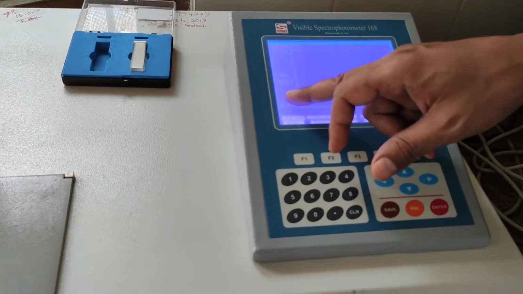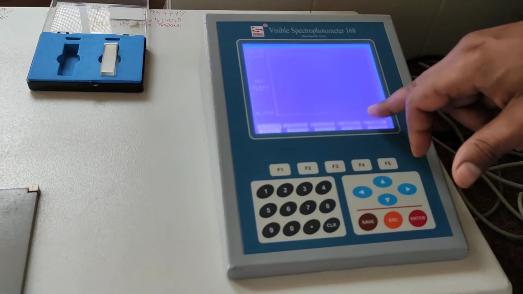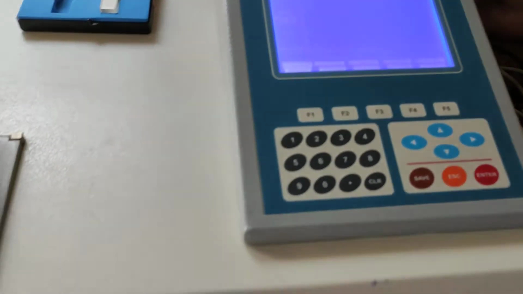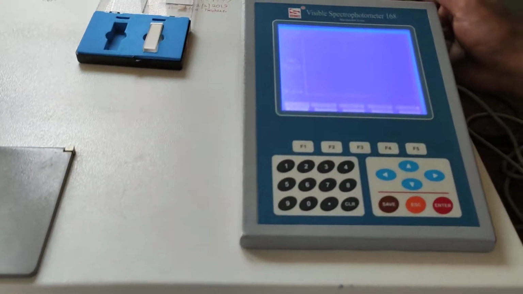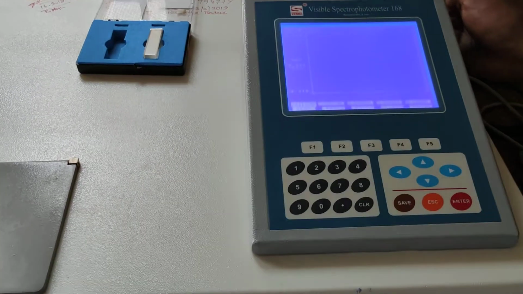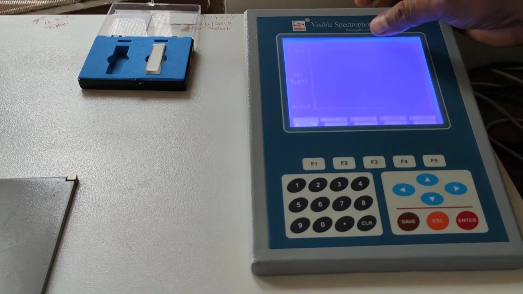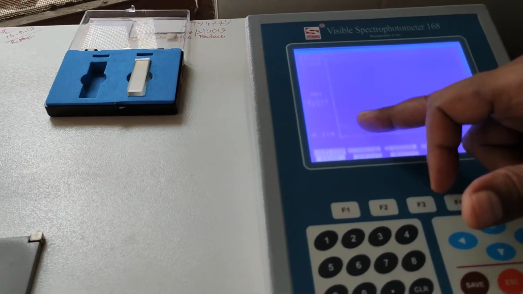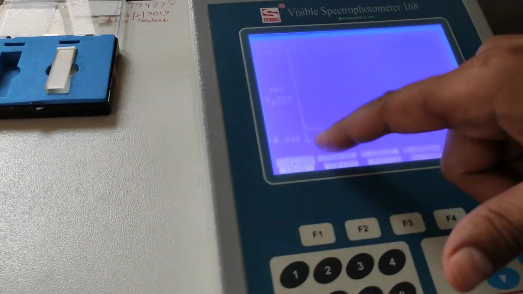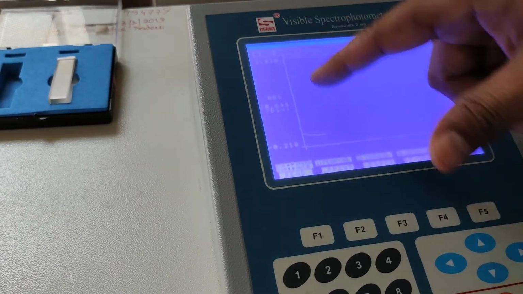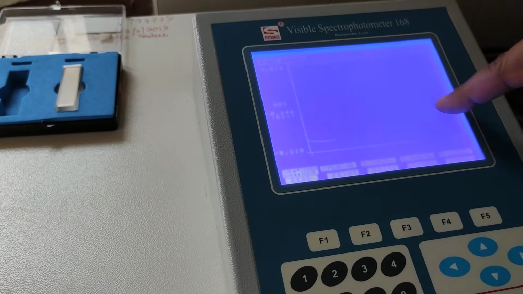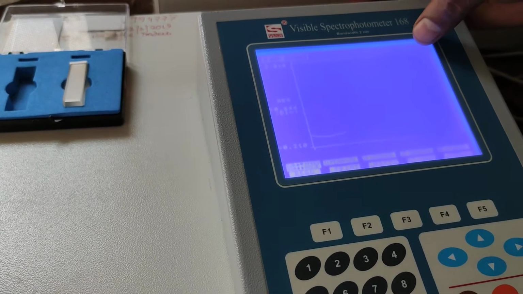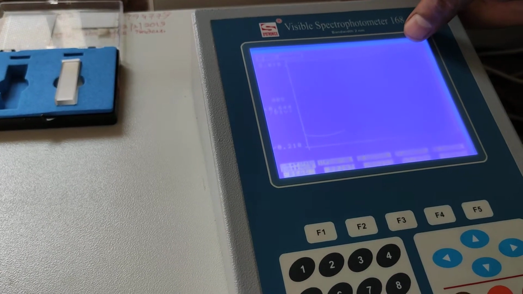This is the absorbance scale, and this is the wavelength scale. So it is recording the spectrum slowly. It starts from 400. See, absorbance starts from 400, and this is the wavelength scale. This is the wavelength, this is the absorbance, and this will go like this. This shows at which wavelength the instrument is now recording, and what is the OD, optical density or absorbance.